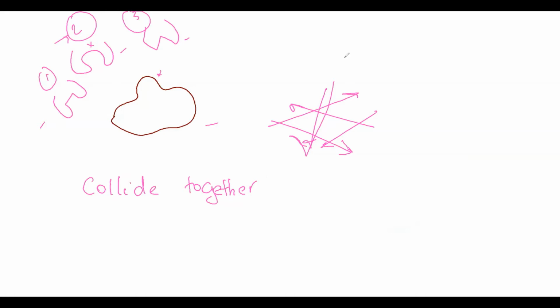If this molecule hits the enzyme, it's not going to fit, so it's going to bounce back. If this molecule hits the enzyme, no, it's not going to fit. But what if this molecule hits the enzyme during the collision? It's going to fit immediately. During collision, this molecule is going to fit here and will not